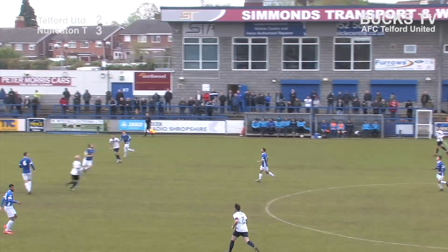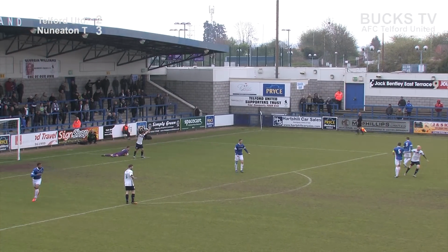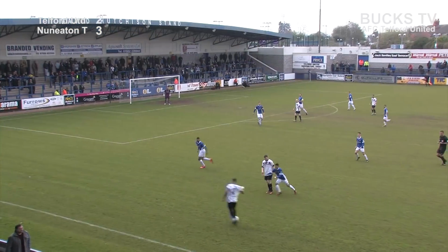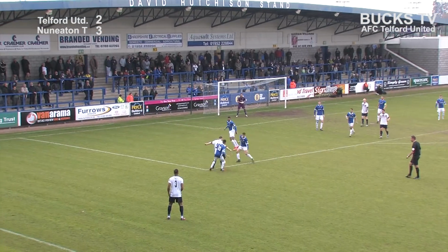Some frustration from the supporters around us, but Marsden picks it up on the edge of the box. Marsden tries to go through. Hughes is appealing for a foul or a handball, was it? I'm not sure. Hughes is absolutely incandescent with the 4-2 or 5-2 down. Yep, Nuneaton haven't been clinical enough when they've had the opportunities, and it is only 3-2 to the visitors as